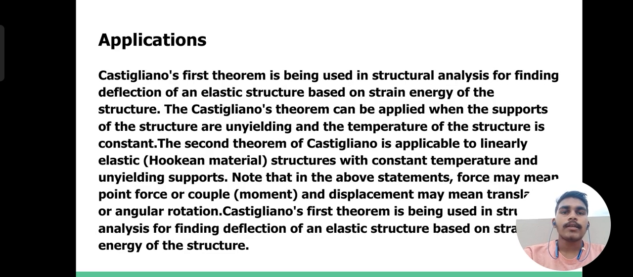So the applications of Castigliano's two theorems are given below. Castigliano's first theorem is being used in structural analysis for finding deflection of an elastic structure based on the strain energy of the structure. And Castigliano's theorem can be applied when the supports of the structure are unyielding and the temperature of the structure is constant. The second theorem of Castigliano is applicable to linearly elastic Hookean material structures with constant temperature